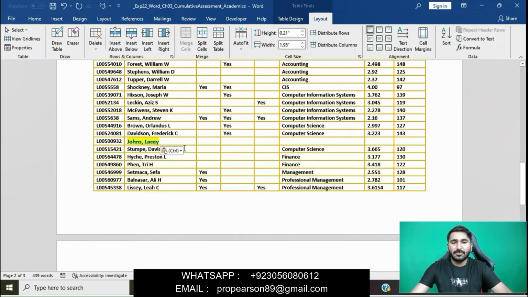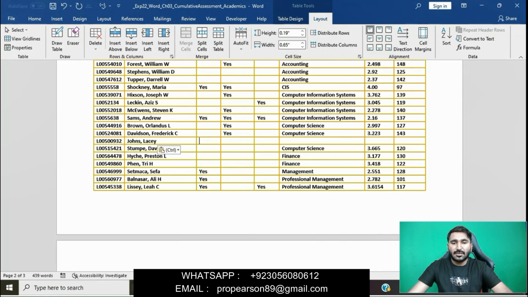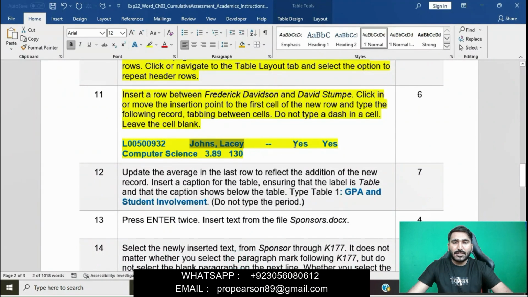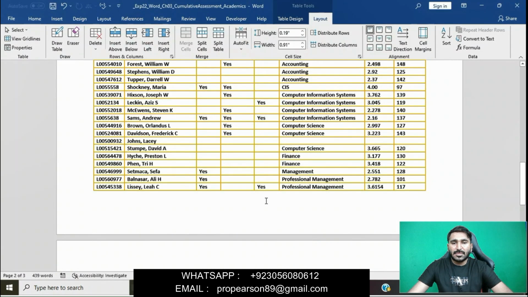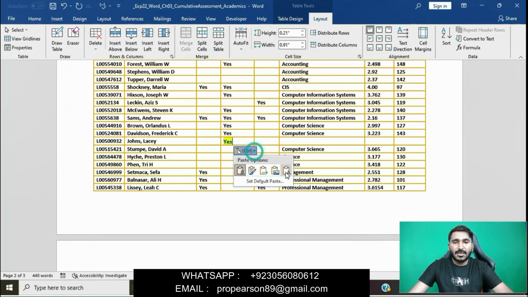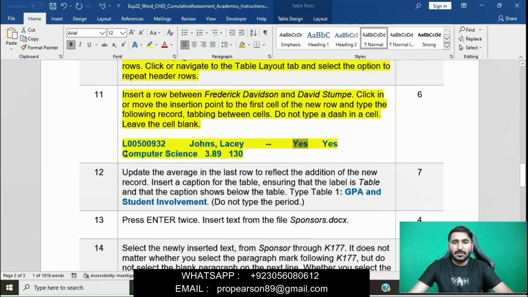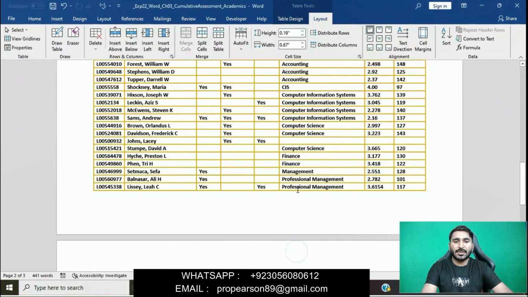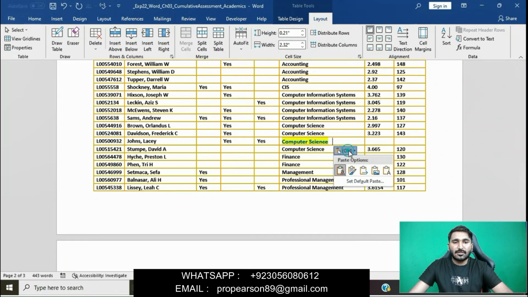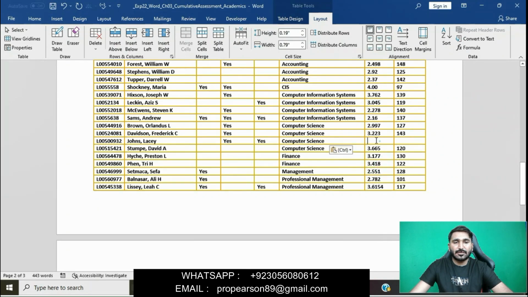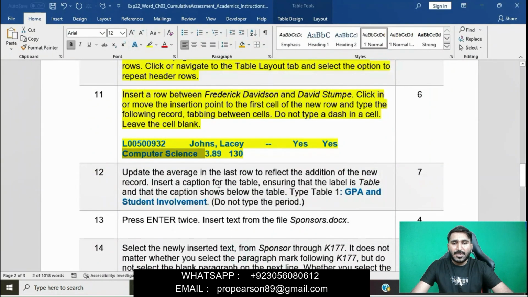Then the third record, yes and computer science, yes, and then computer science, and then 3.89 and 130.